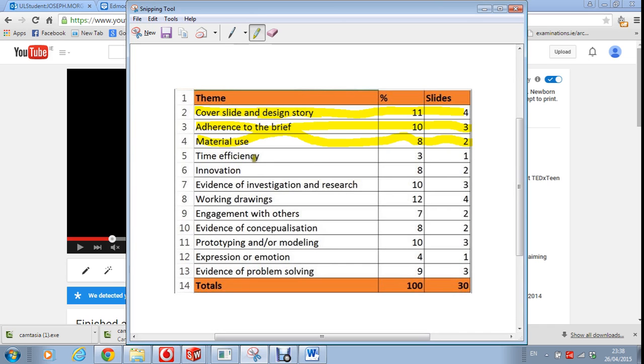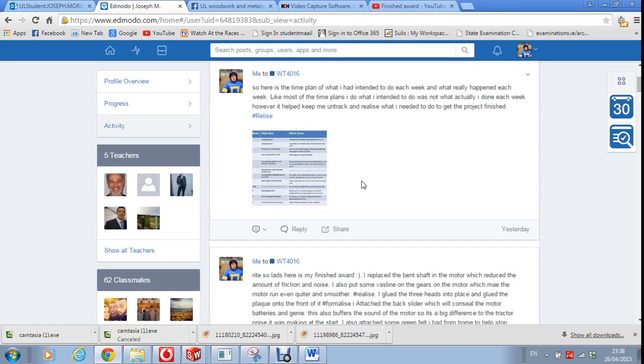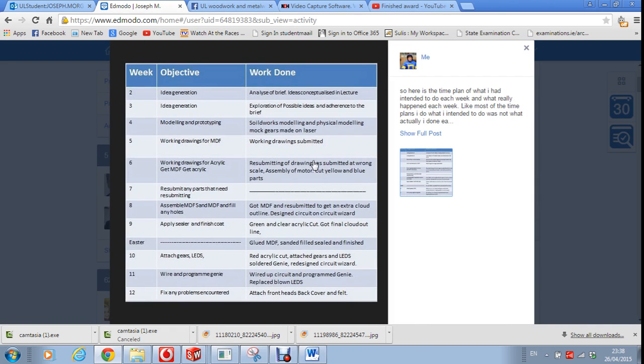So then if we move on to time efficiency, I think it was yesterday, the day before, I uploaded my finished time plan. If I look at the objectives of what I wanted to do each week and what I did do, I remember Brian telling us in lecture week 1 or 2 to aim to be finished by week 11, because a lot of the time these kind of projects produce problems. So if it's ready for week 11 and you have problems, you give yourself a week to fix them up. But of course, as it goes, plans don't always go to plan,